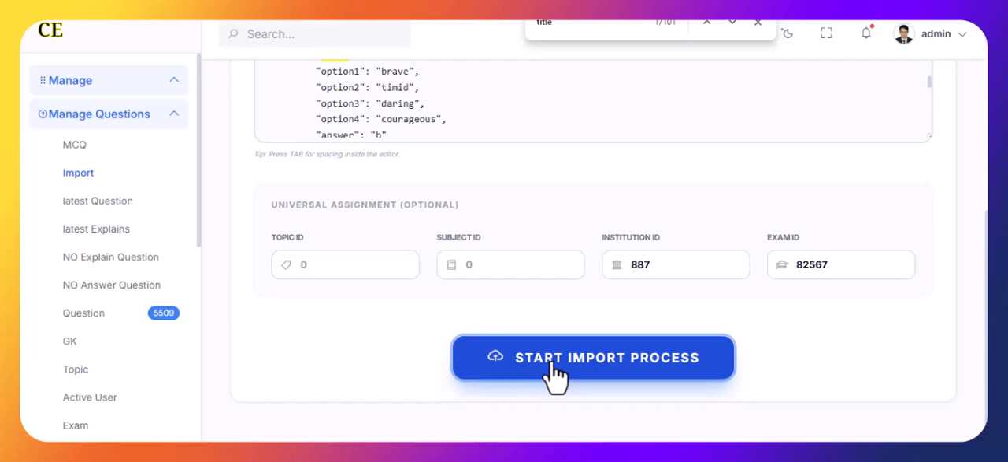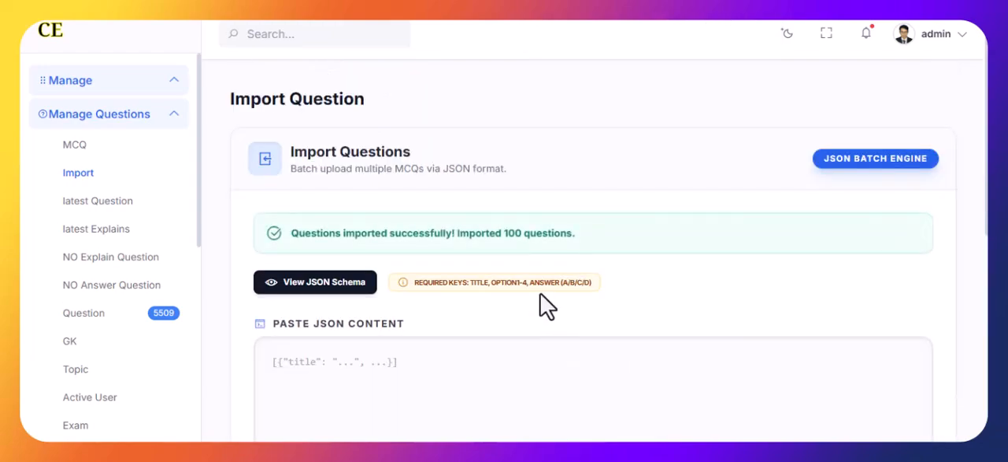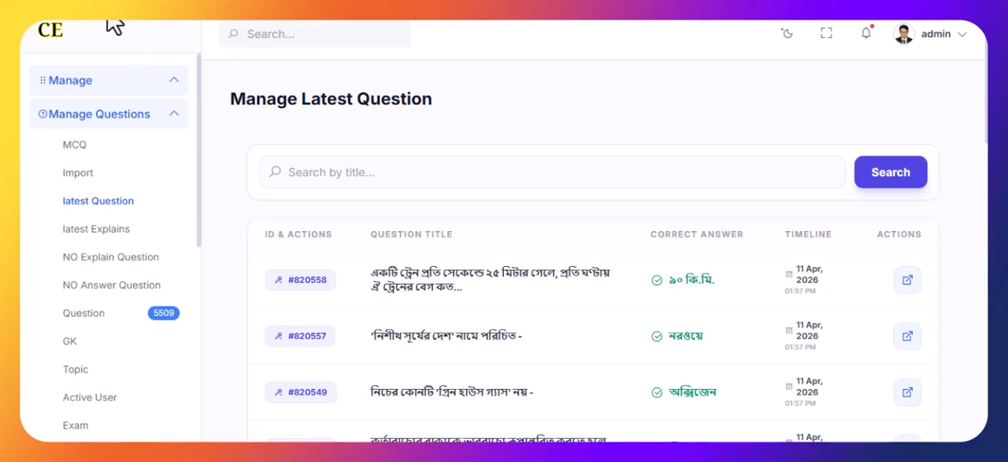When you click this, within 30 seconds it will import all 100 questions. So you can put in 100 questions within 30 seconds. So what questions were imported? 100 questions were imported. So lastly, when you click the latest,